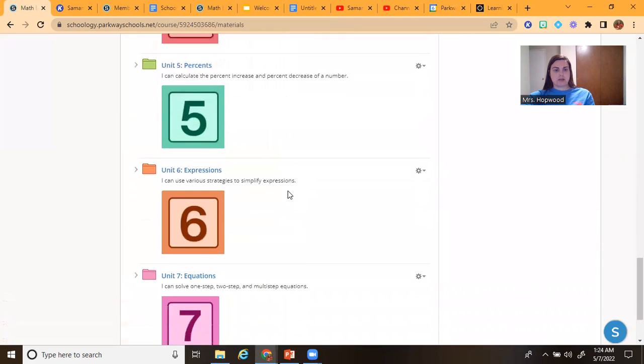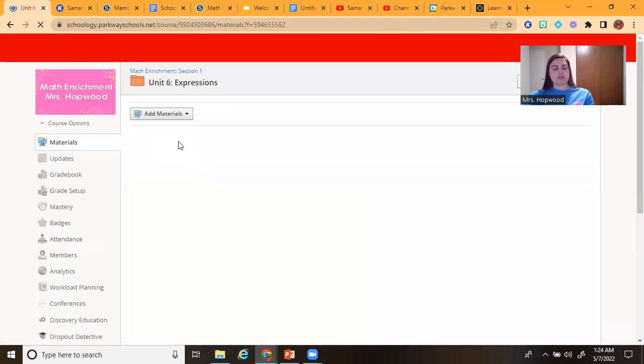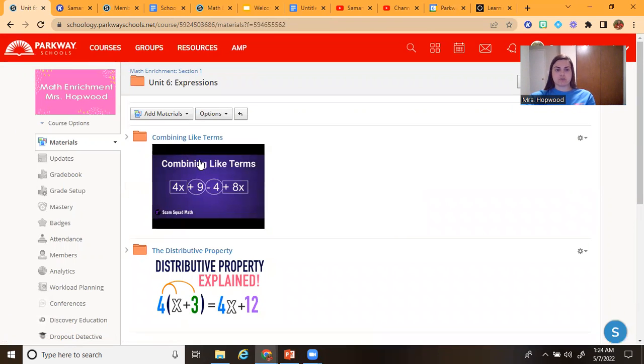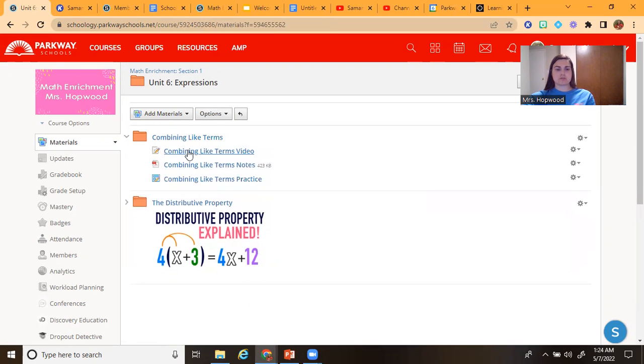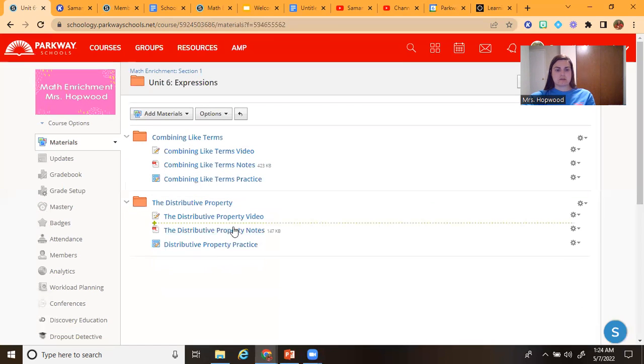So unit 6 is expressions, and then unit 7's equations. With the expressions, same thing: combining like terms, video, notes, practice, distributive property, video, notes, practice. Pretty standard, same as before. And then finally my unit 7